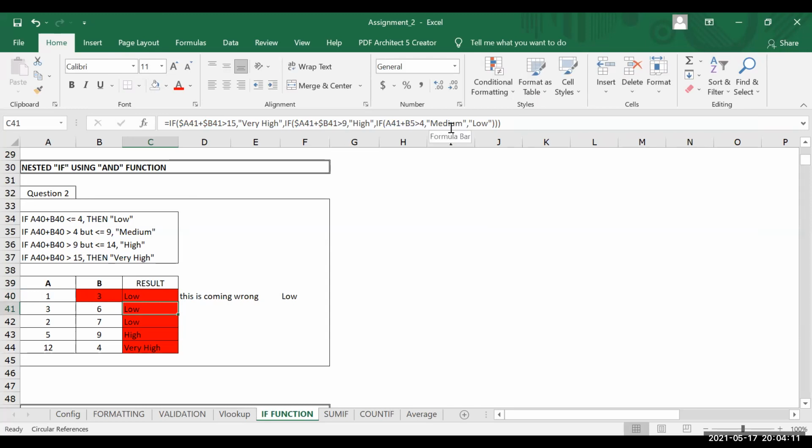Did I make something wrong? Let me just quickly check what number is going on. 6 plus 3. One number is going wrong on this. B5, right? It is B41 now.